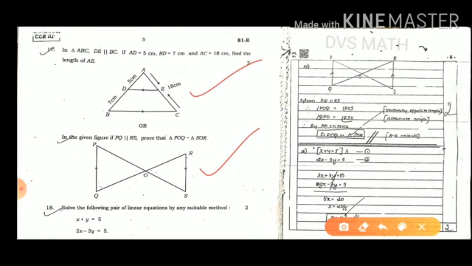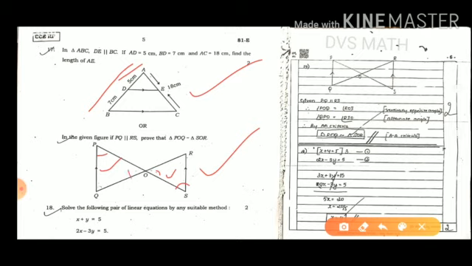Find the length of AE. What happens to AE? Here you have to observe. AE means you have to take AD. They gave AC, so you have to take AB. So 7 plus 5, you take 12, so 5 by 12 equals AE by 18. If you solve this, you will get the AE value. Or either choose the other one, taking these two triangles, making these two angles equal because they are alternate angles.